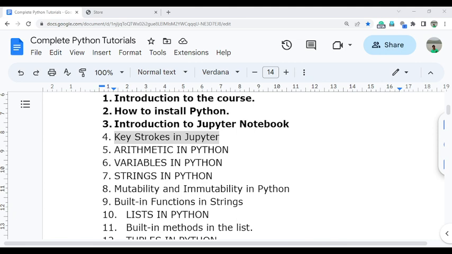In this video, I am going to discuss the keystrokes in the Jupyter notebook. That is, the shortcut keys which are used in programming. When we perform programming, we always need to go with shortcut keys, so we can save a lot of time. Before starting the programming, which we'll start in the next video, you need to know about some shortcut keys which are available in Jupyter. In the last video I already discussed in detail how Jupyter looks and all the functionality of the